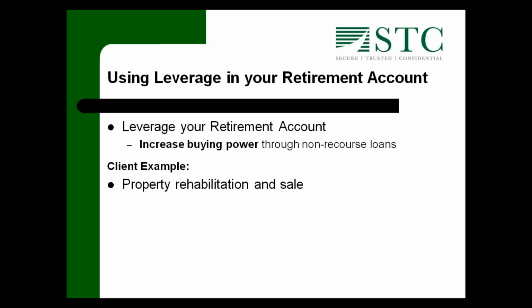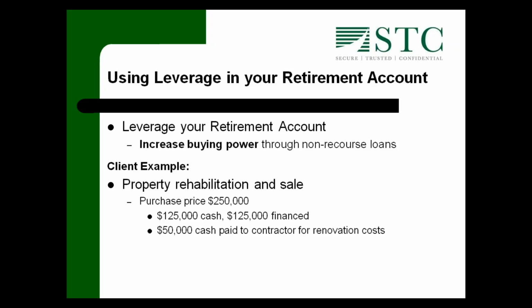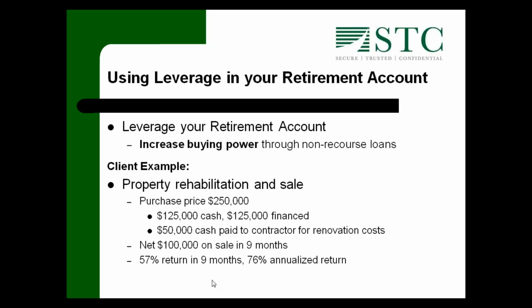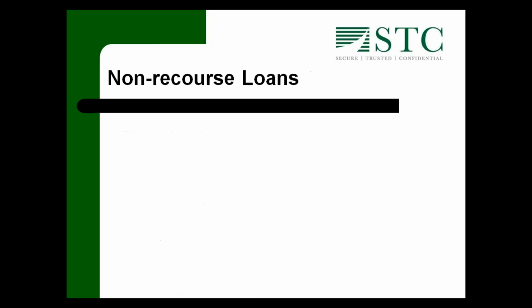She purchased the property, and her intention was to rehab it and then sell it. The purchase price of the property was $250,000. She took $125,000 cash from her retirement account, and she financed with a non-recourse loan the other $125,000. Then she took another $50,000 from her retirement account, and she paid that to a contractor to renovate the property. 9 months later, she had sold that renovated property and netted $100,000. She actually sold it for $350,000. So she netted $100,000 on that property, which gave her a 57% return over that 9-month period and 76% annualized